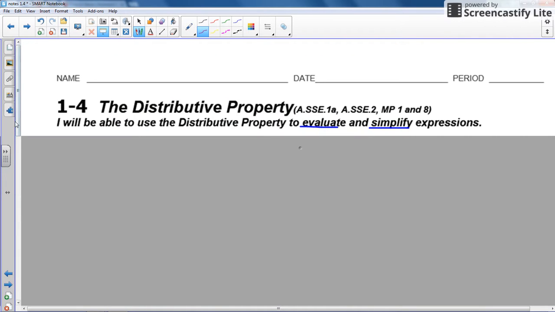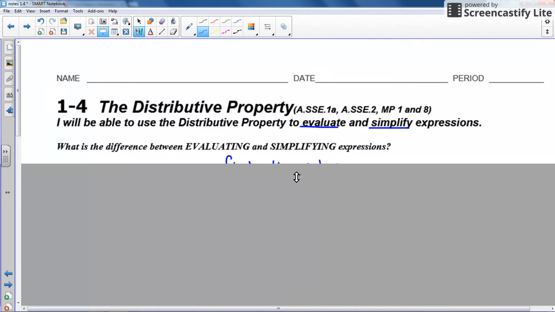And then go ahead and start on your notes page. Today we're going to be able to use the distributive property to evaluate and simplify expressions. And I know you've learned about the distributive property before, so hopefully much of this will be a review. But I want to talk about the difference between evaluating something and simplifying something, because sometimes those simple directions can